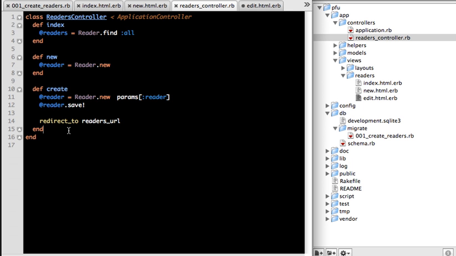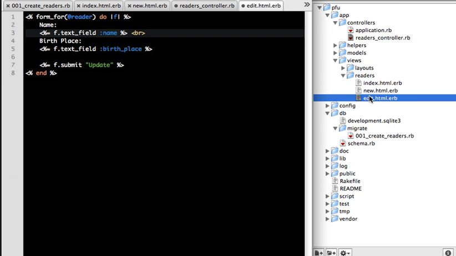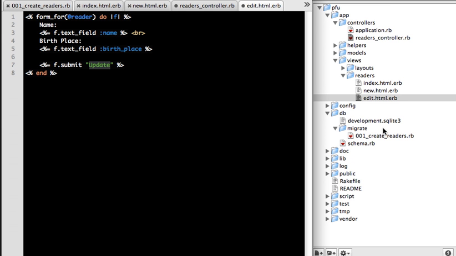So we will have an edit action. In the edit action, what is the object we need to edit? That object's current values must be loaded into the form so that the user can change its values and save it in the database. When they hit update, that will call the update action. With params of ID, I'll just find this record and then I'll route to this edit action. This will load the form with current values and